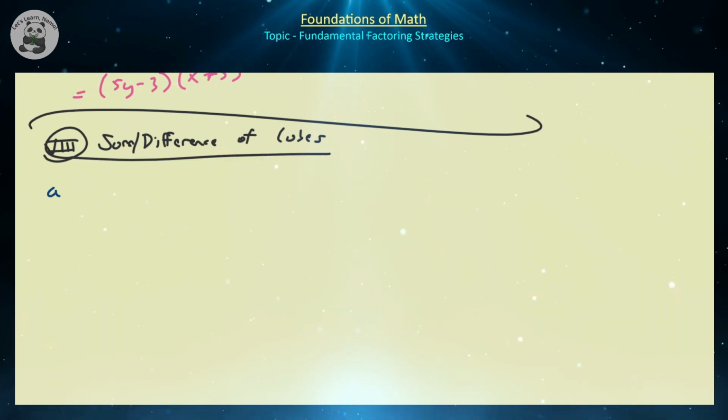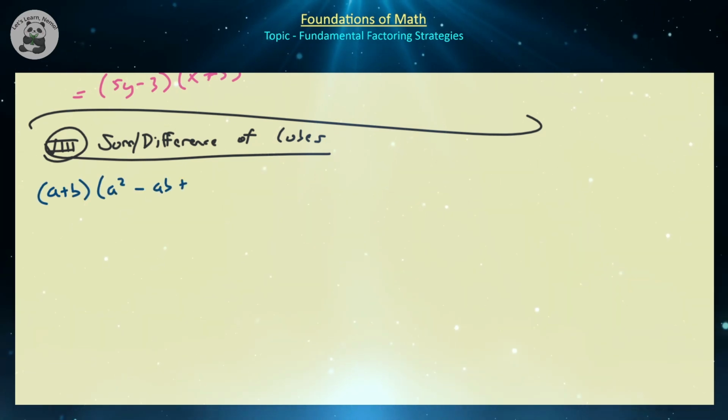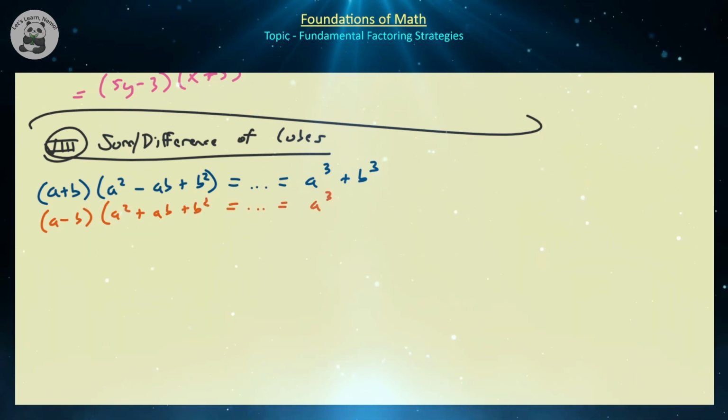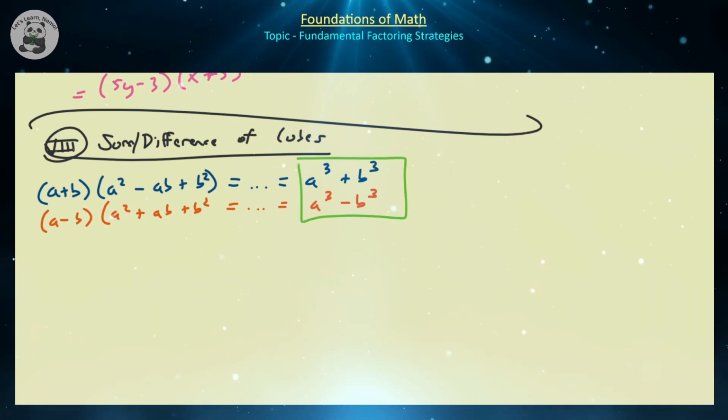So one can show that if you take a plus b times a squared minus ab plus b squared and FOIL that out, you're just going to get a cubed plus b cubed. And if you take a minus b times a squared plus ab plus b squared and distribute that out, you're going to get a cubed minus b cubed. So if you see a sum or difference of two things cubed, we can always represent them in terms of